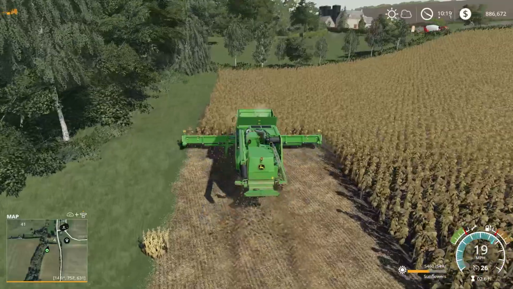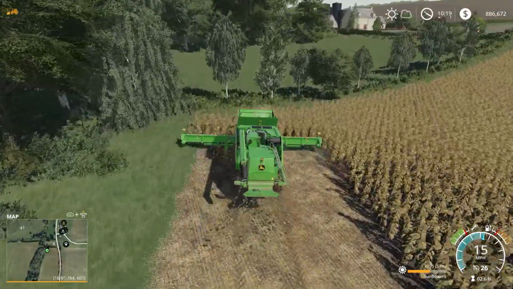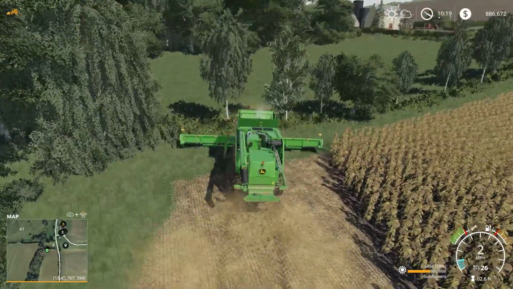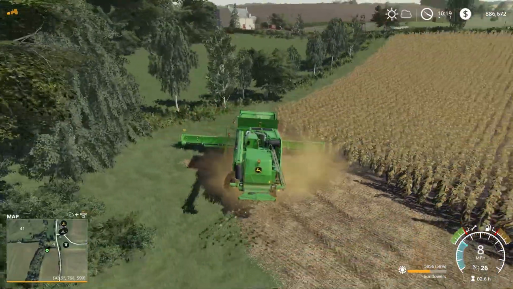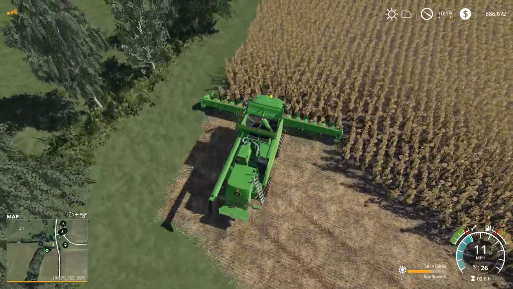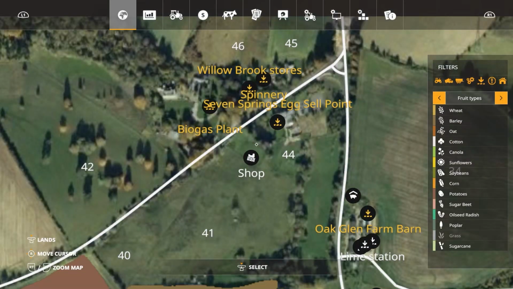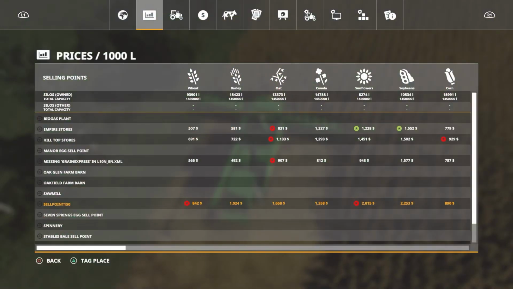Hopefully gonna make some, hey, look at that. There's a little something right there. Make some more cash. Now, I don't think we're gonna be able to sell this today, only because the price was dropping. Now let's see. Wrong button. Always the wrong button. We are looking for sunflowers, and it's still $2,000 per 1,000 liters, which is good, but